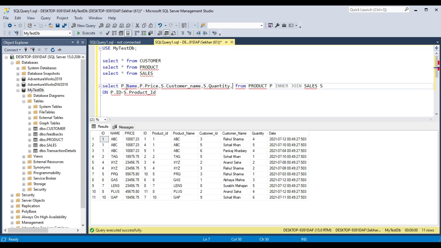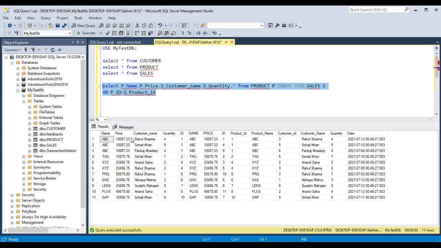Okay, and these are the four fields we want to see first. Then if you just want to see all other fields after this, you have to give star here, and it will show the name, price and customer and quantity. All these fields again come as part of star.